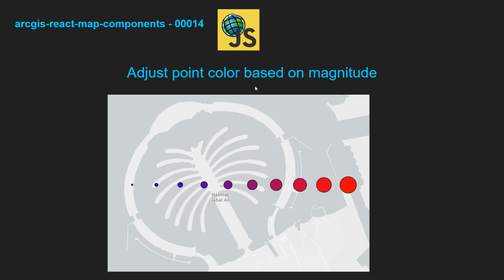Adjust point color based on magnitude. As you can see here in this picture, the color changed from blue to red gradually. It's like a continuous ramp. So how can we apply that in our exercise? Let's check out branch number 14 in the repository ArcGIS React Map components